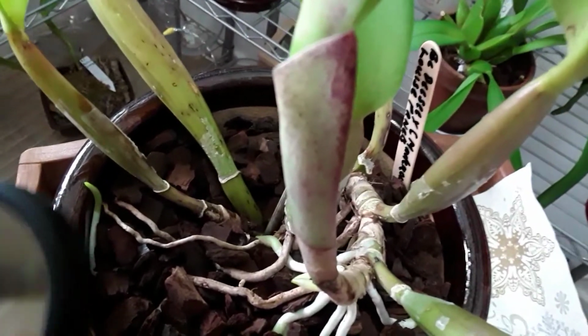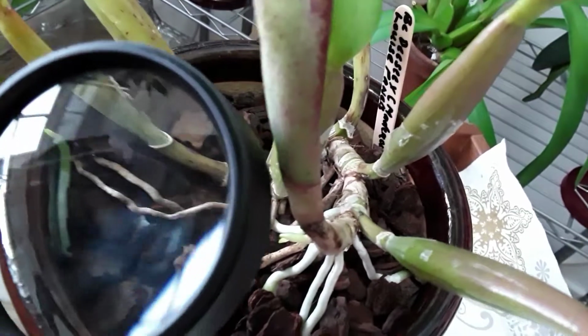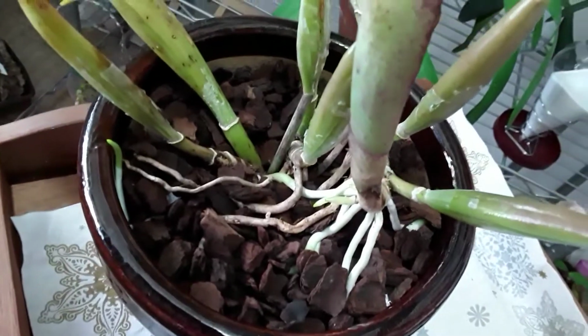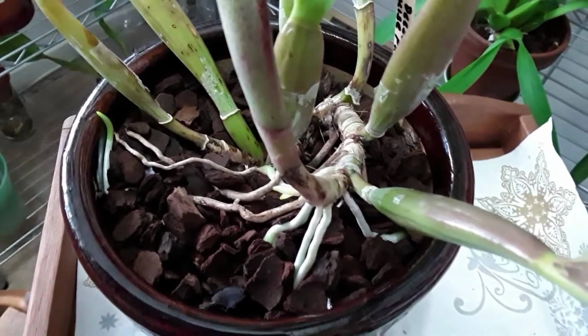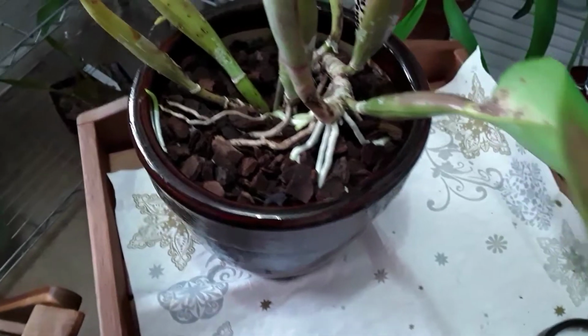But let me show you. Just on the side of the pot there. Probably that's better. She's sending a root out there. So you've got to be ever vigilant. Now this is in a big